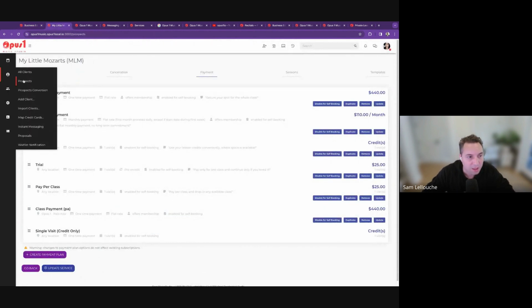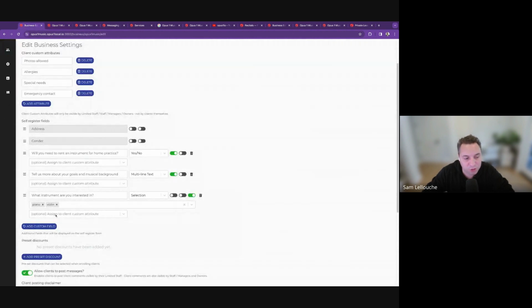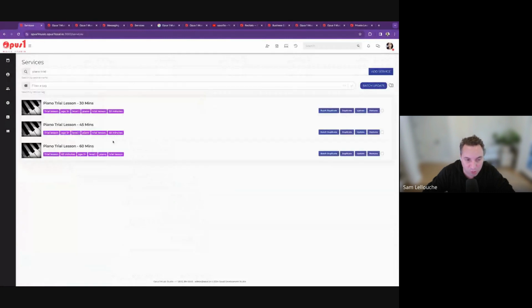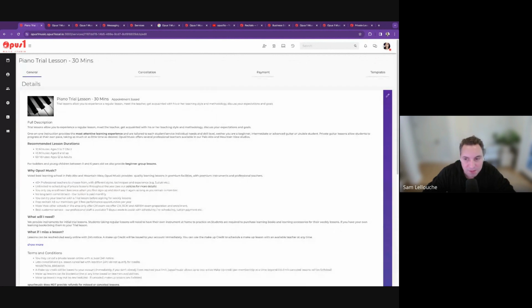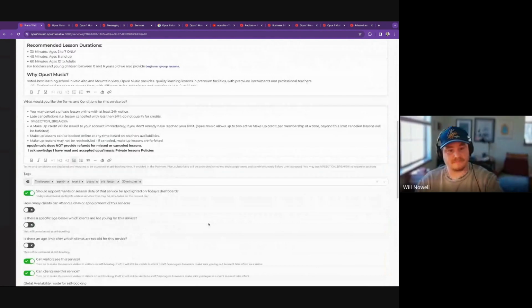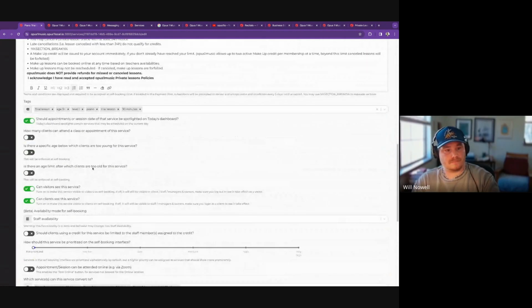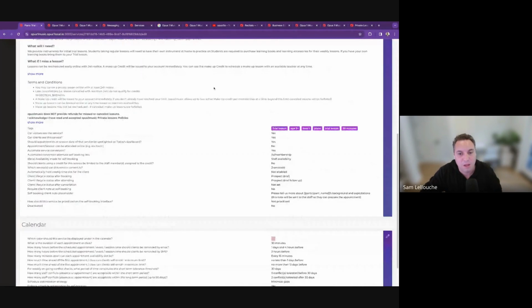Even better. The second setting that Will just mentioned that's interesting is when they book the service, right? So in the service settings, you also want to set that when somebody books a piano trial service, there is an option. I forgot where it is, but I'm going to find it. It's in the payment plans. Only in the payment plans? Yeah. I think it's also in the service setting, but yeah, it's also there for